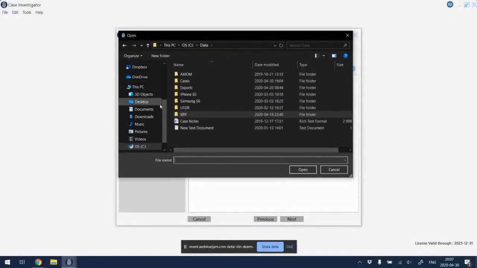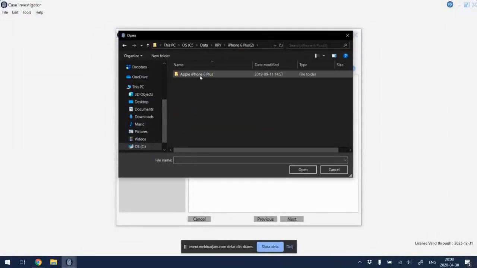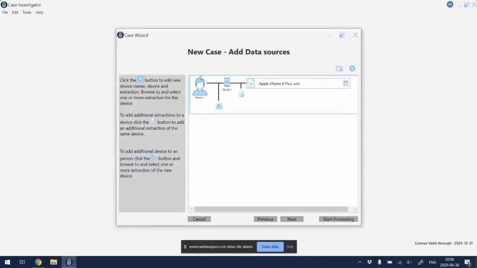So I'm just going to grab some extractions that we have. And as soon as I add one extraction, the tool will create one person, attach one device, and attach this extraction to that device. And what I can do now is add multiple extractions to a device, or I can add secondary devices.